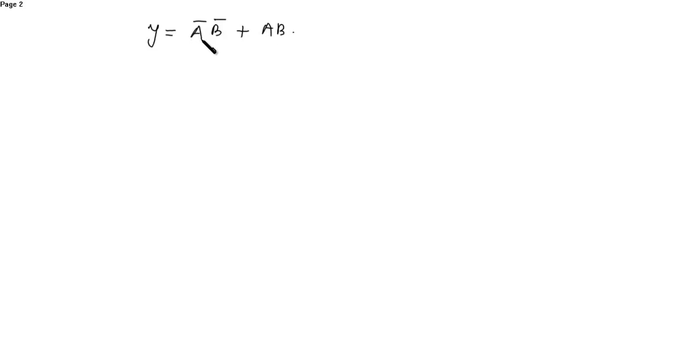So you can see here this is A bar and B bar. So there are two inverters. So the number of gates needed in order to implement this function, if you try to draw the schematic keeping in mind the function,